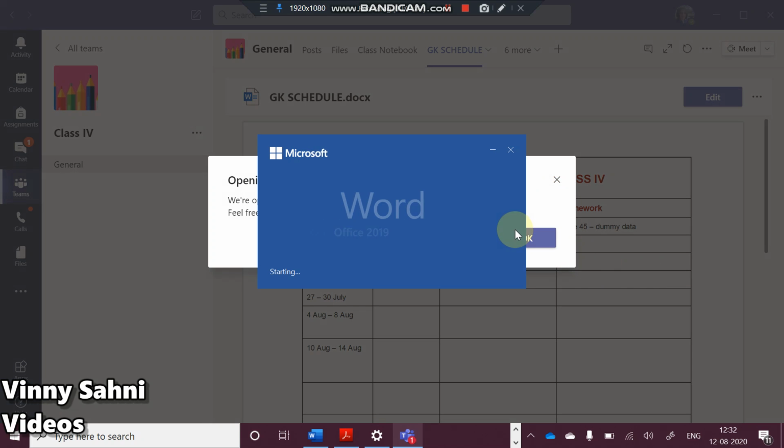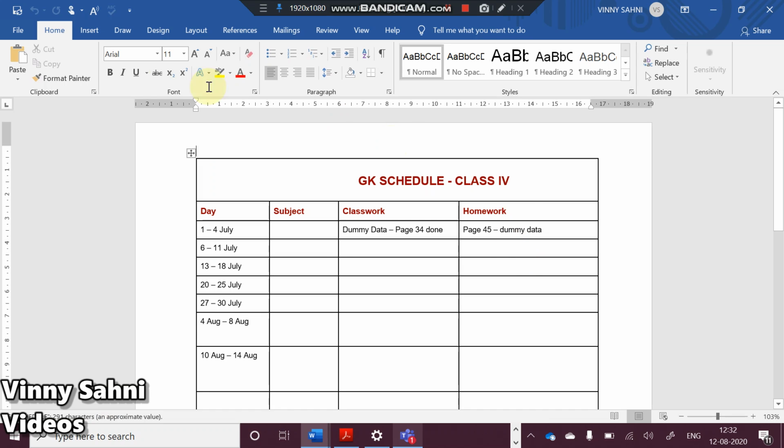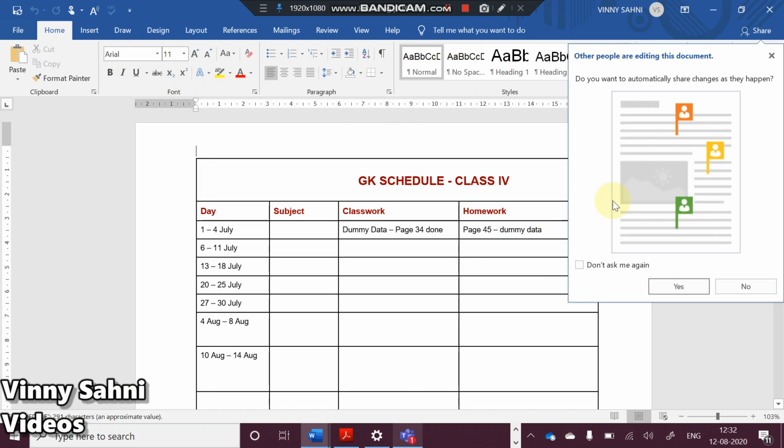So I'm going to click here. This is a second way of doing it. It is also the same thing. See, it is opened in the desktop app. It says here other people are editing this document. Do you want to share changes as they happen? Yes. What do you mean by this is that